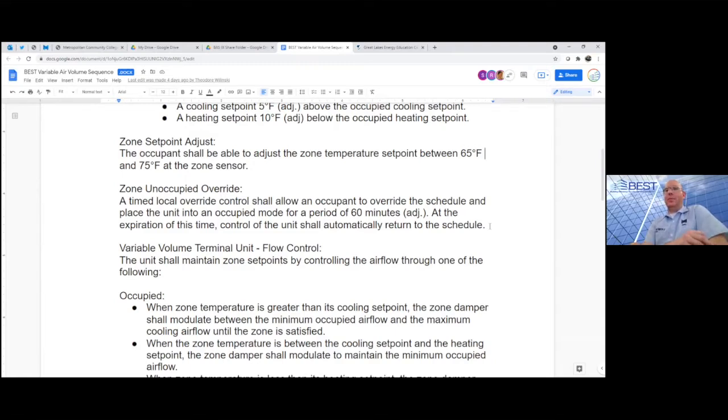And hopefully the person runs with the placebo effect that, hey, I pushed the button, I'm doing something. Other times we actually do program in the unoccupied override. This indicates to the system that, yes, according to the schedule nobody's in the building or in this part of the building, but somebody's here and we need to actually take care of them. So it'll do things like turn on an air handler,